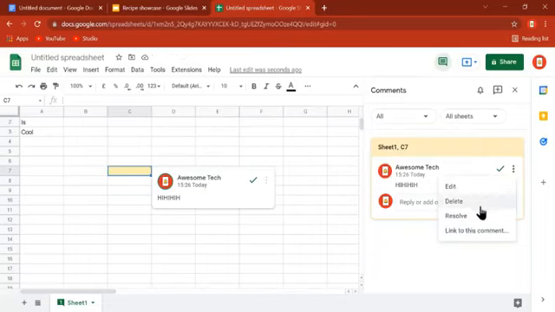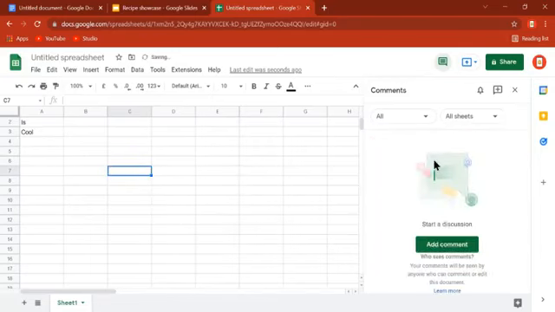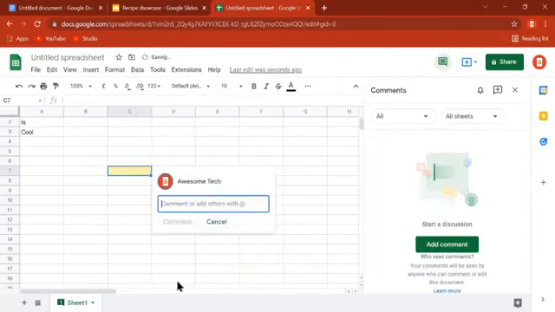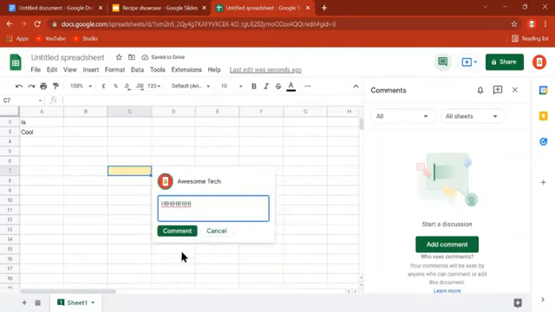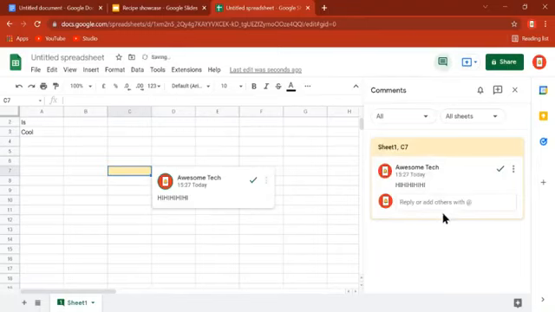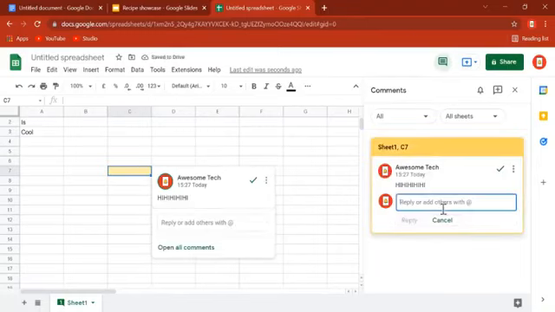You can actually delete this comment, and it won't show up right there. But you can put the comment again, click comment, and actually others can reply to your comment.